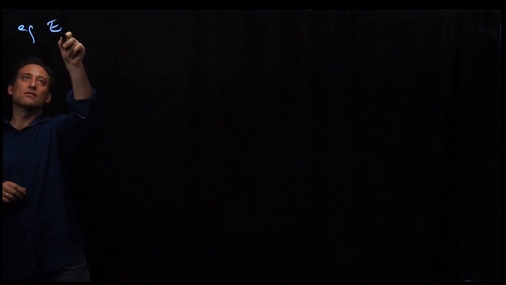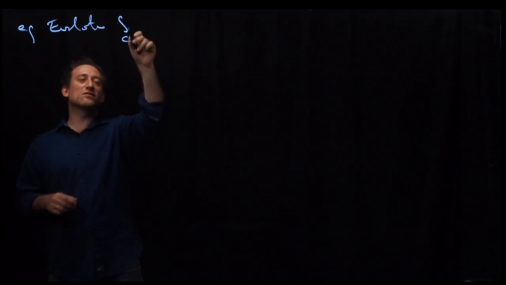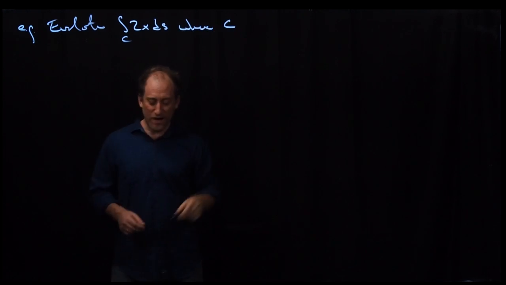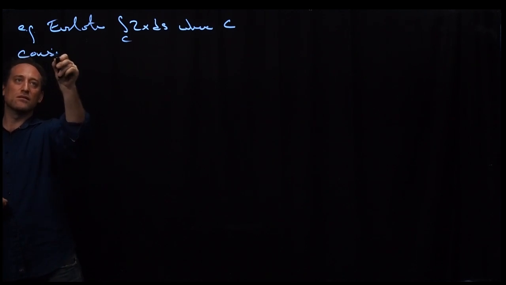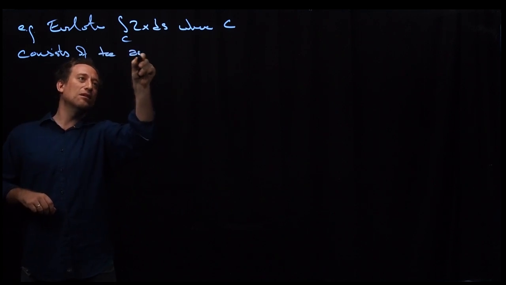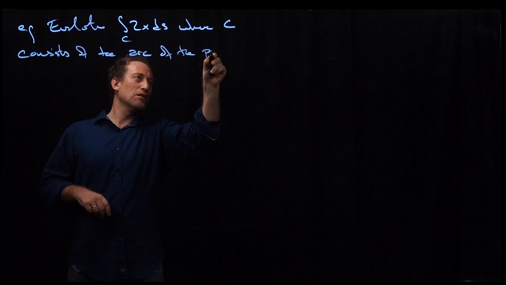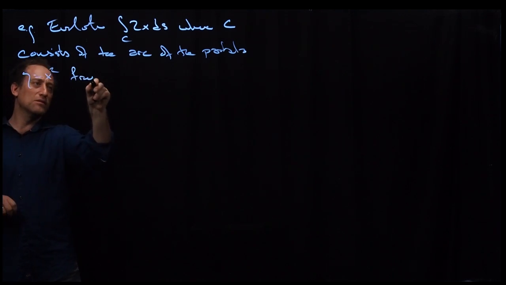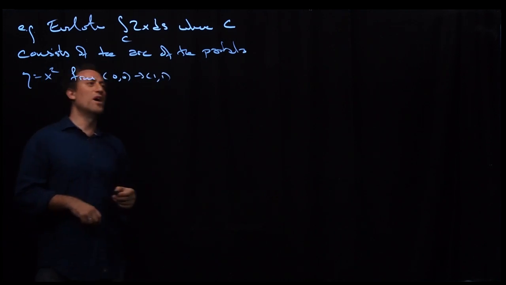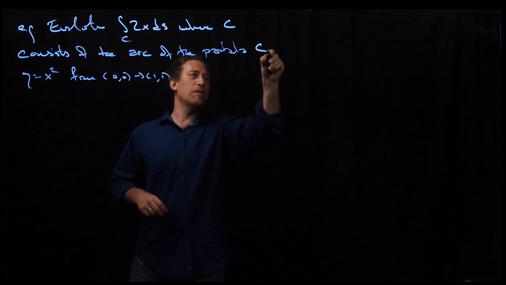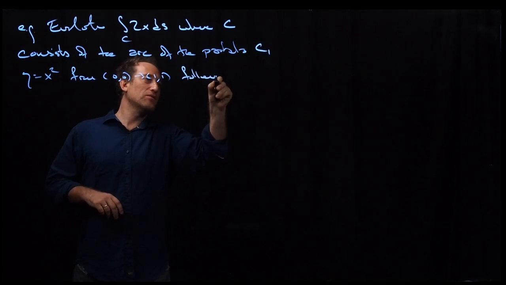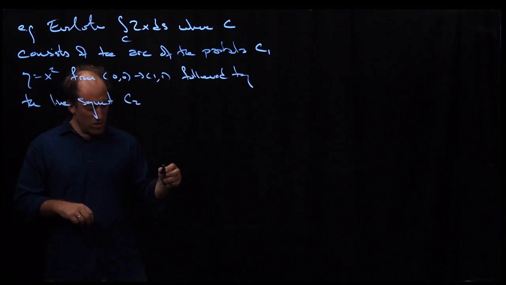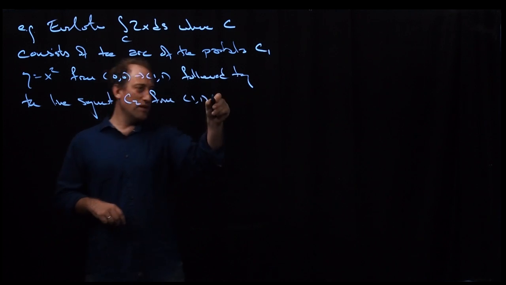Evaluate the line integral of the function 2x along C, where C, I'll define piecewise, consists of the arc of the parabola y is x squared, just from the origin up to 1, 1, from 0, 0 to 1, 1, and I'll call this arc of the parabola C1, and then followed by the line segment C2 from 1, 1, we'll move up to